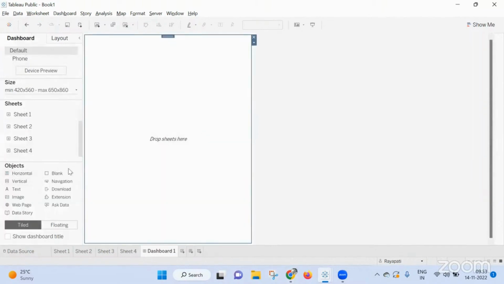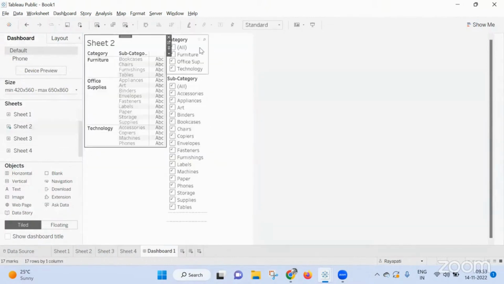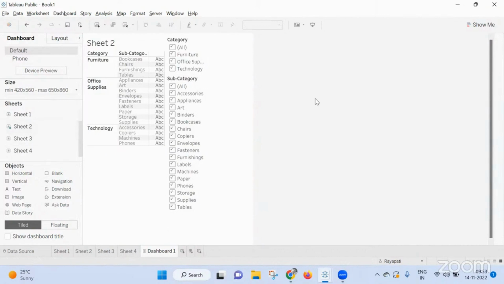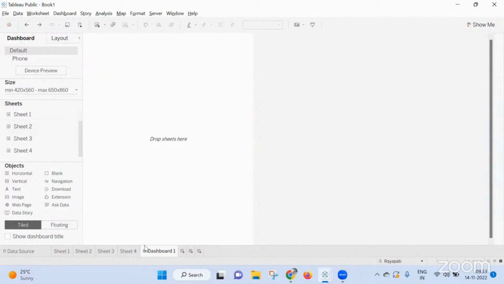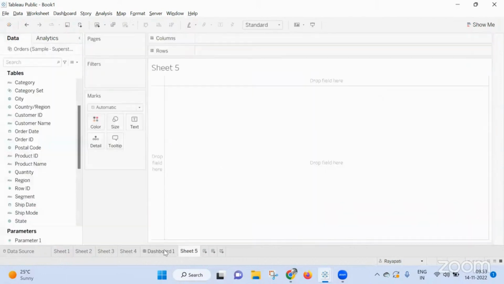Now here I am taking a vertical container and here I am dragging. Imagine these are your pie charts. Do one thing. The problem here is when you create a pie chart,